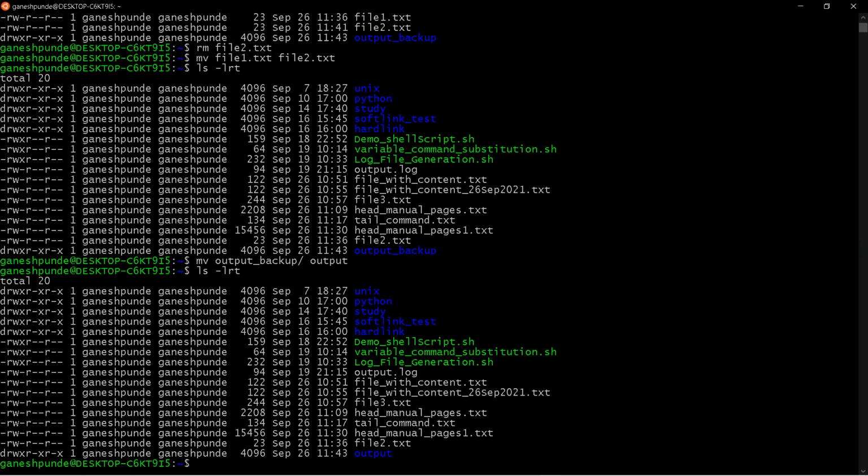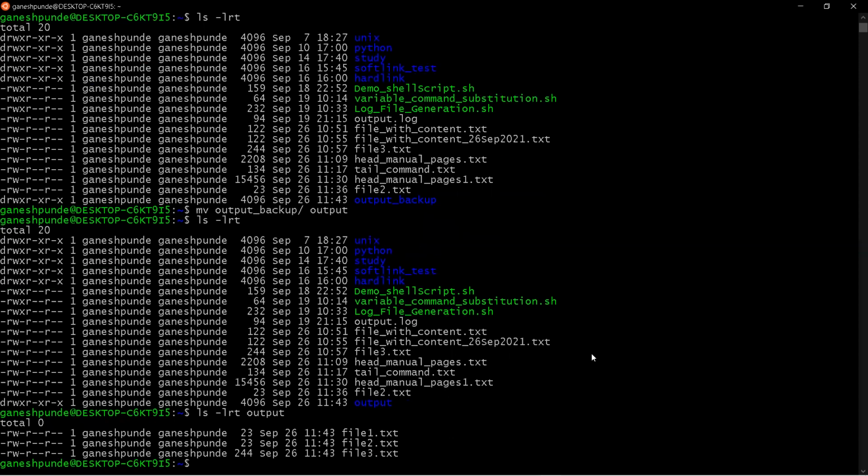And there are various options too. For example, let me check ls -lrt. Okay, now I am copying file star to home Ganesh.